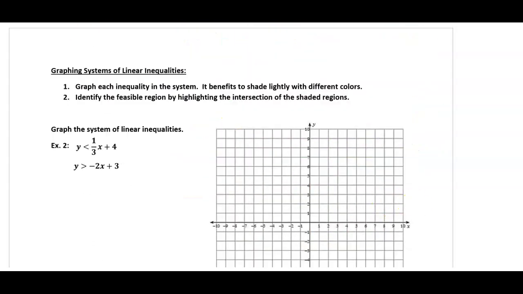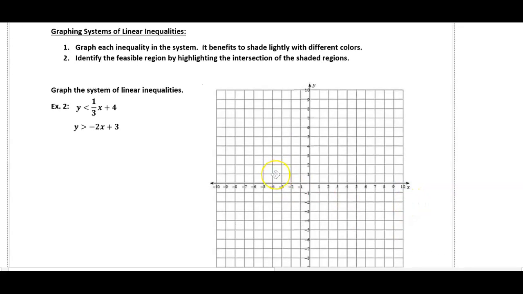So now, when we graph a system of linear inequalities, the first thing we do is graph each inequality in the system. With this, it benefits to shade each inequality very lightly and to use different colors. Then we're going to identify the feasible region. And remember, the feasible region is basically the intersection